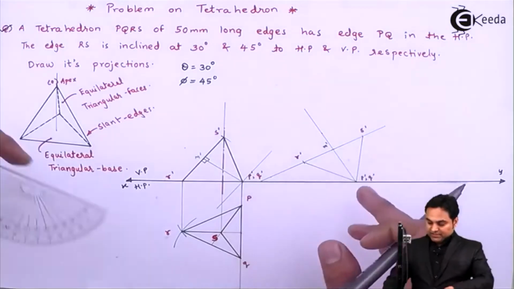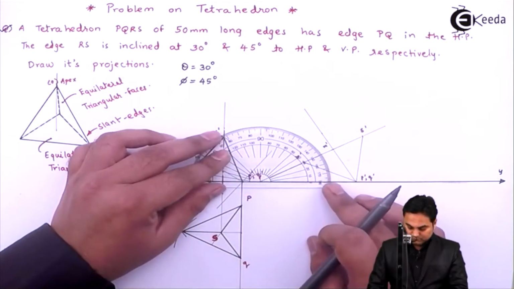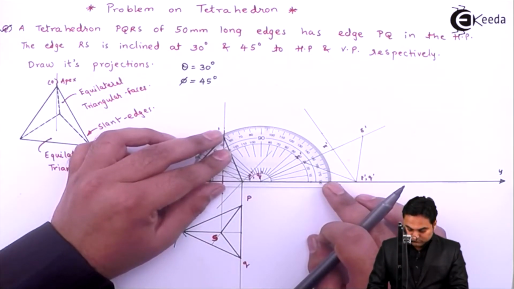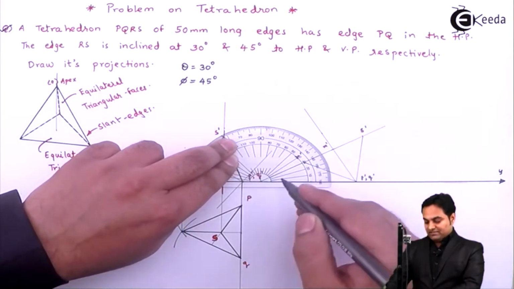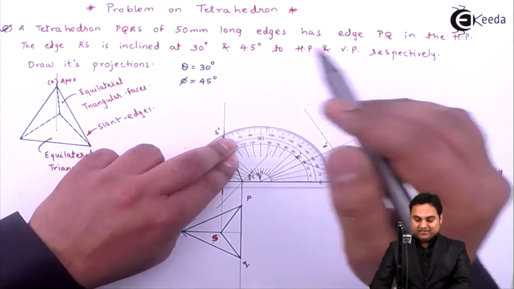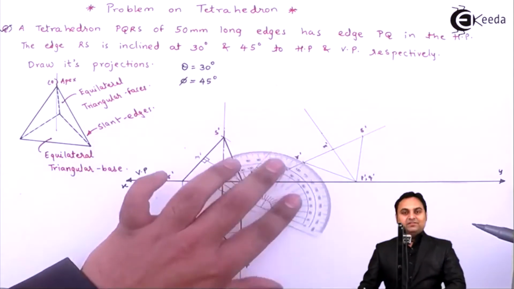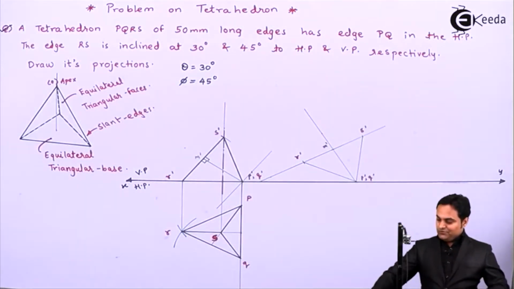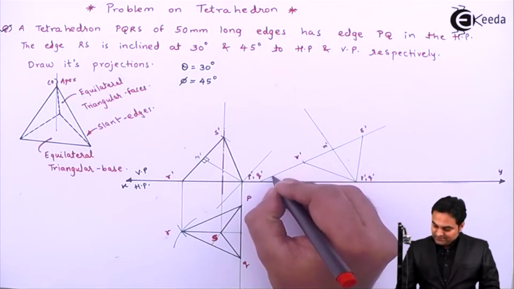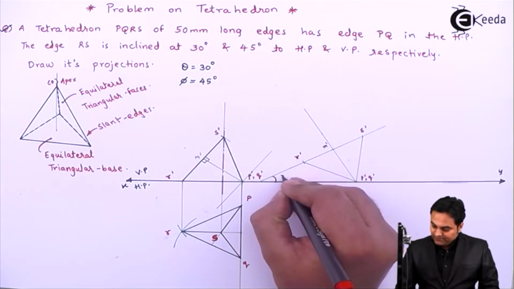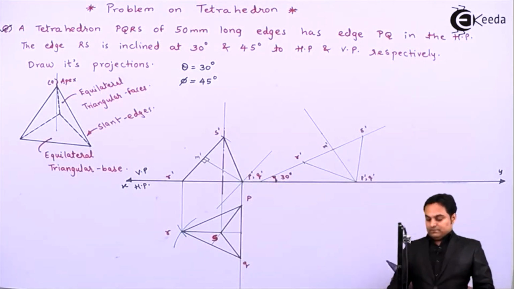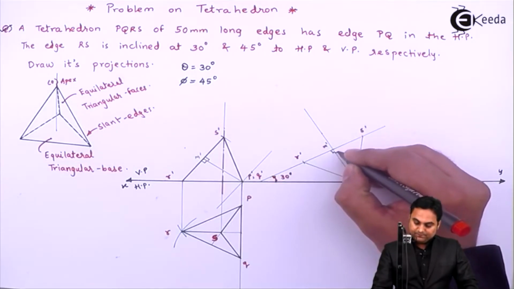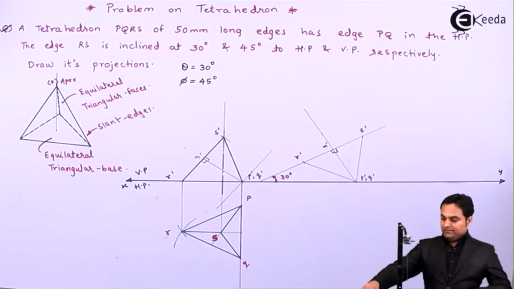next if I measure this angle with respect to horizontal, now we can see that the angle of R dash S dash is 30 degree as it was mentioned, and I had used this procedure to complete the problem. So this angle is 30 degree, and this is perpendicular. Then I'll make it dark.